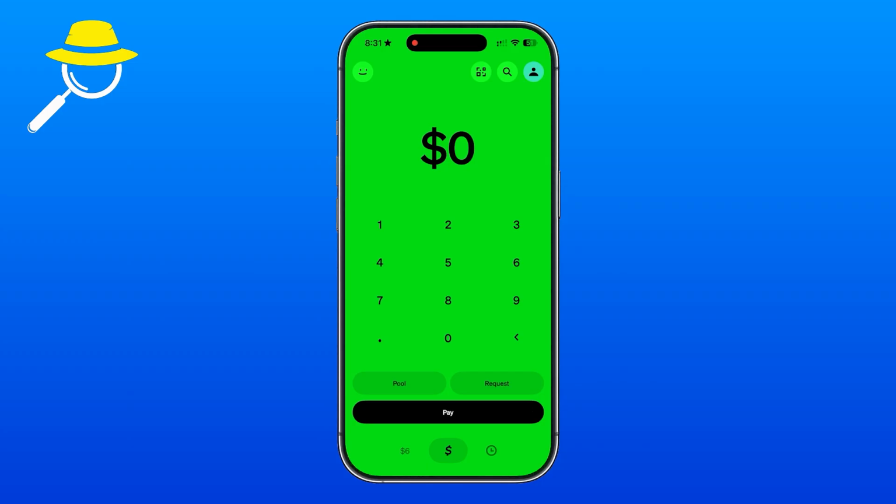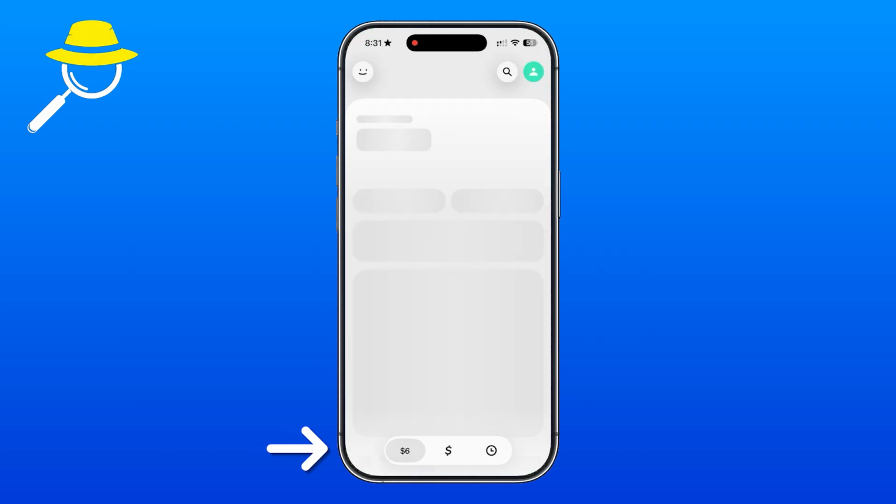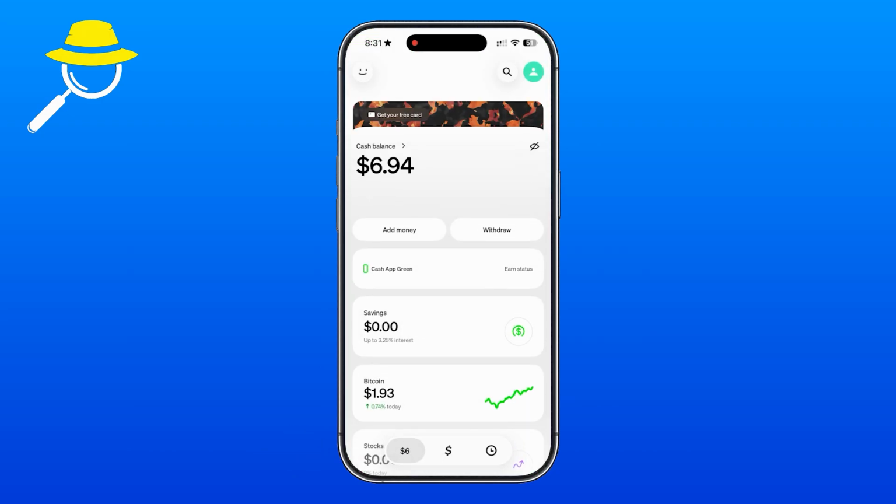Now, before adding money, the first thing you need to do is make sure you have a bank account or debit card linked to your Cash App. If you haven't added anything yet, you will need to connect a bank account or debit card first. So, to get started, open Cash App on your device and go to the home screen. Then, in the top corner, you will see your current balance or the banking icon if you don't have any